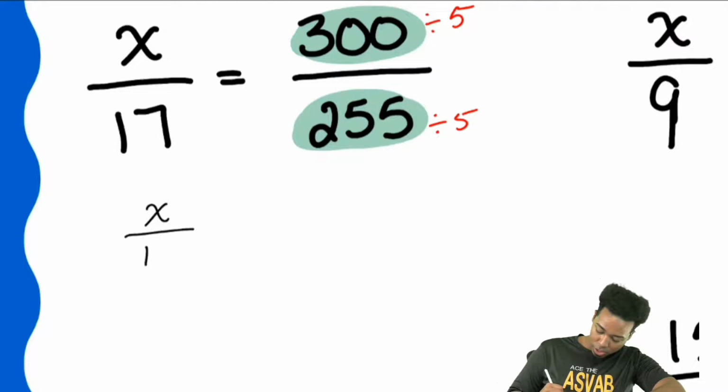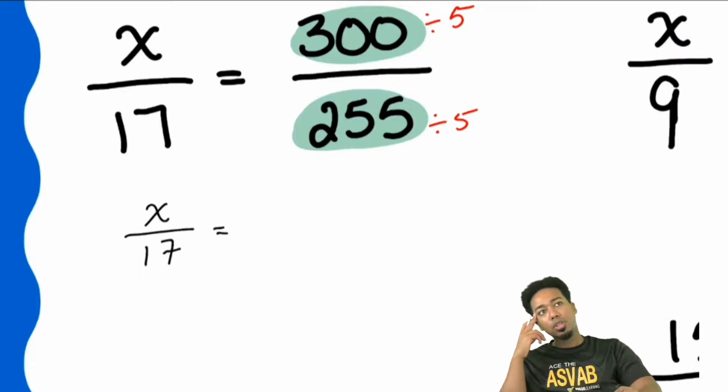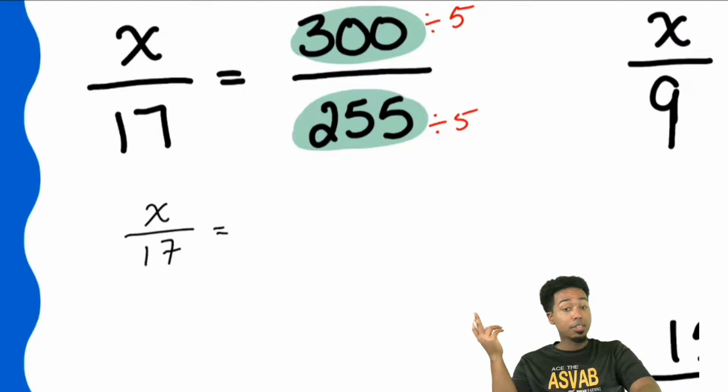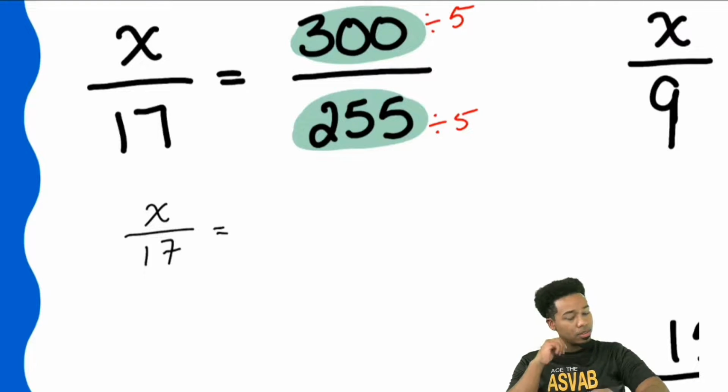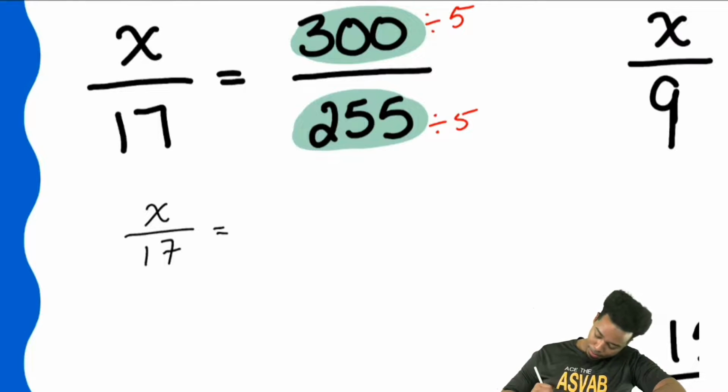So watch this, x over 17. Everybody, what's 300 divided by 5? You can just take 30 divided by 5 and then put the 0 back at the end, right? Yeah. 30 divided by 5 is 6. So 300 divided by 5 is 60. And then